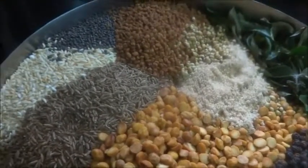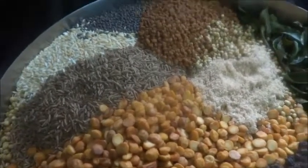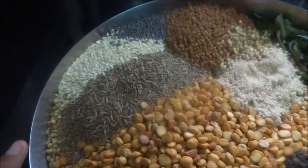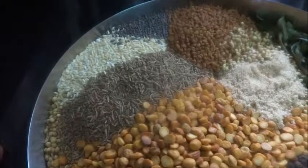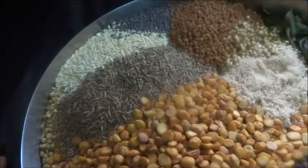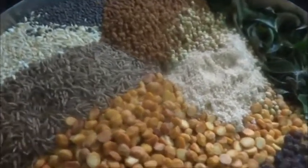In the sambar powder normally we don't add black pepper and cumin seeds. The basic ingredients for the sambar are coriander seeds, chana dal, red chilli, a little bit of fenugreek seeds, but that's all. That is the ingredients we use normally for the sambar, and the curry leaves. Now here,